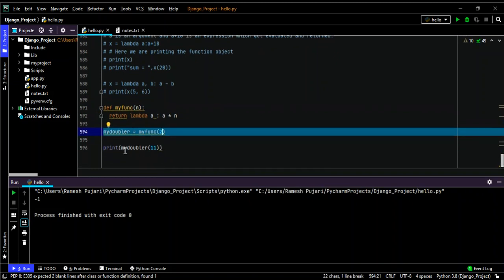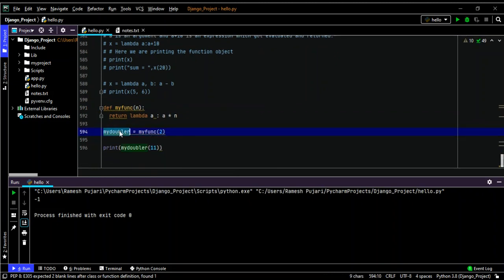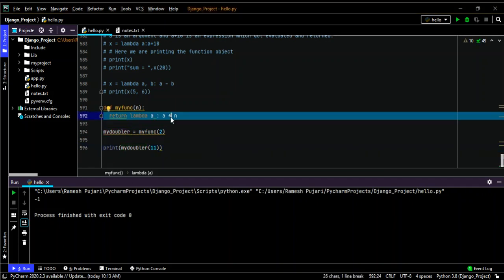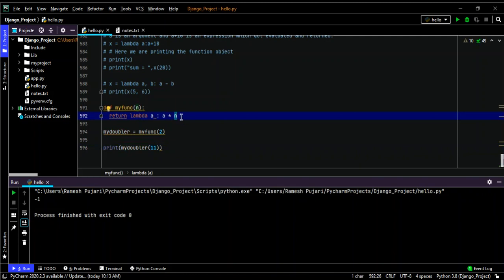Now I'm printing mydoubler, which is a variable storing the result of whatever I called the function with. I'm taking mydoubler of 11, and it will multiply by 2, because I'm using the star expression, that is multiplication. So 11 into 2 will print 22 as the answer.